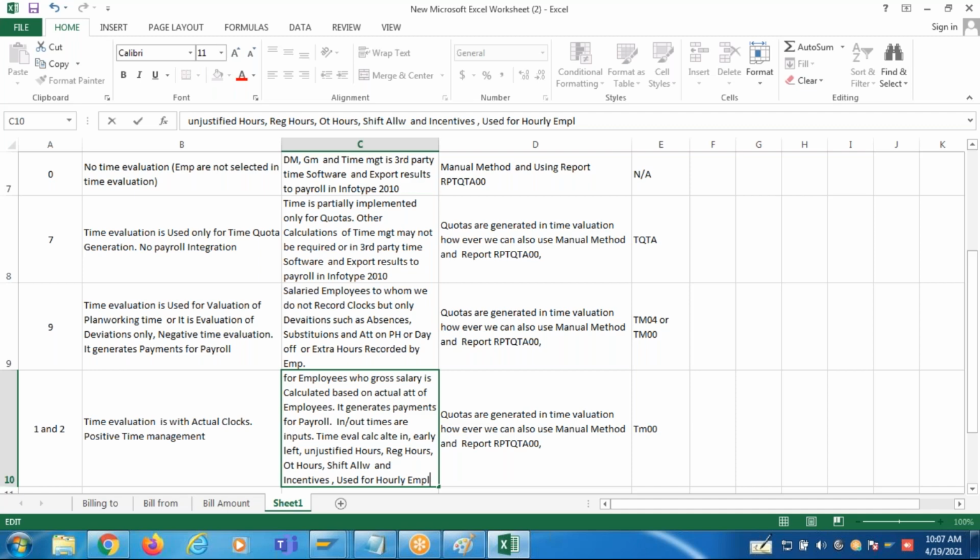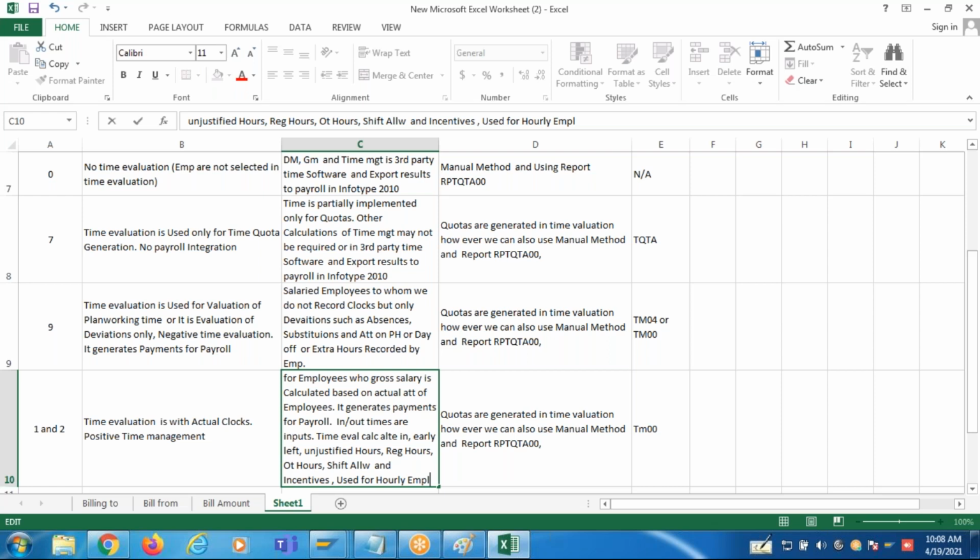You have attendance and you have billable hours. Attendance hours are different from the billable hours you worked. General attendance without any work is a loss to the company, isn't it? It's only when you record billable hours that the company gets billing for your work. Clear? So attendance hours and billable hours.